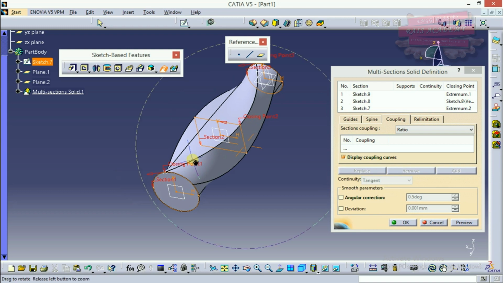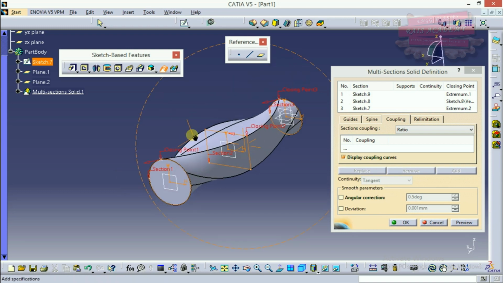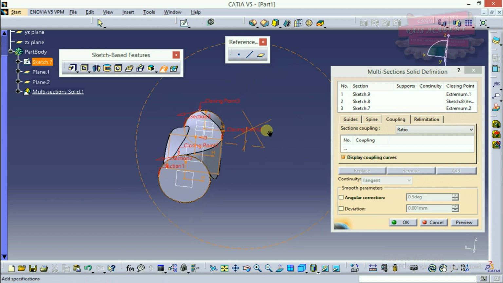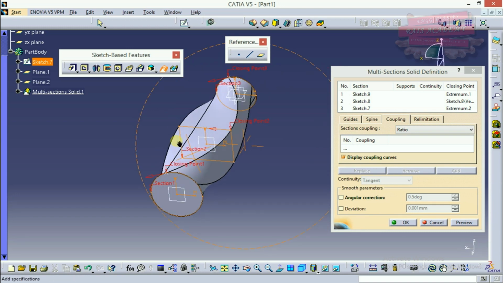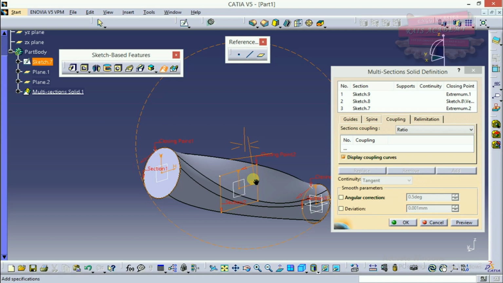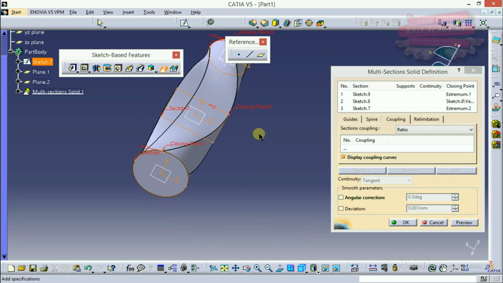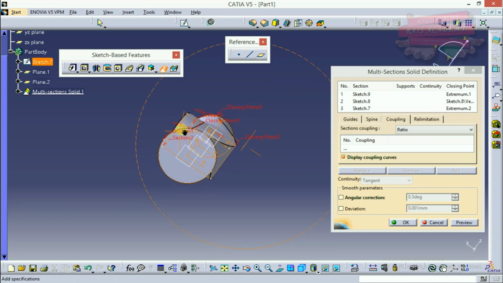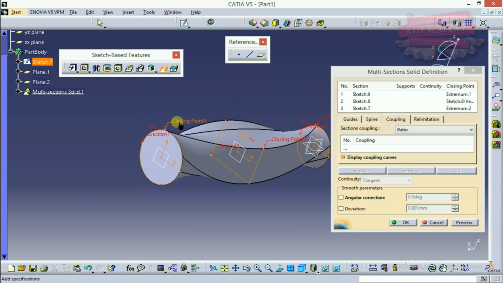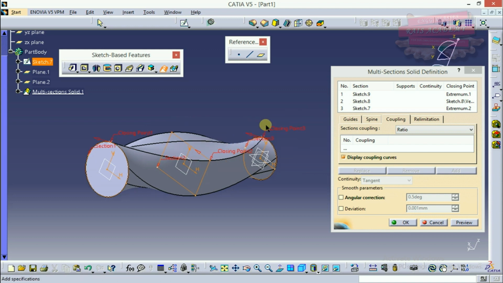Okay, but as you can see, the profile is not according to our need because it has been calculated or drawn by the software. It depends upon the closing points. So the circle has a closing point over here, and the square has a closing point over here, and the circle has a closing point over here.